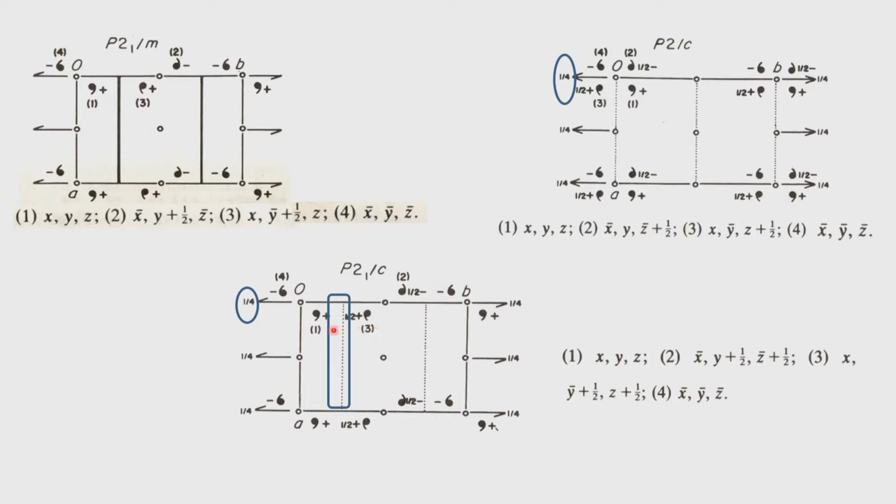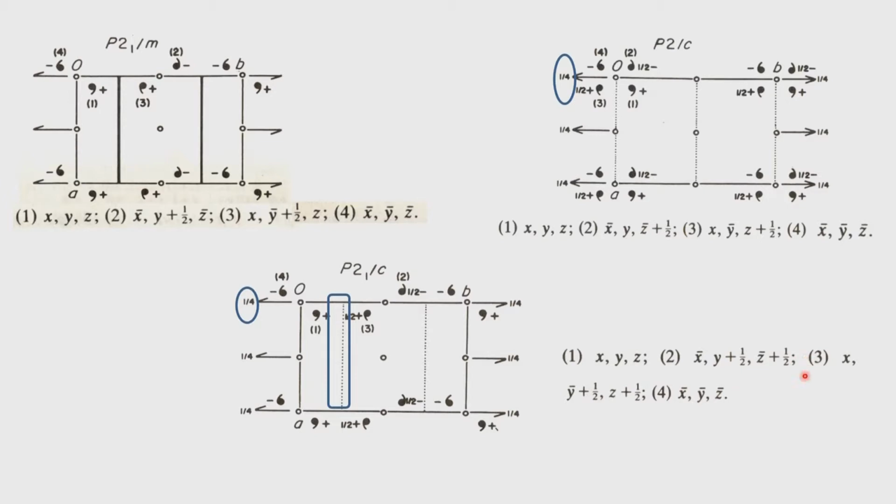The point 1 generating the point 3 now will have a mirror half translation. So if that was to be at origin, it would have been what? It would have been x, half plus y bar and z. Now you notice that you have moved it by 1/4 along this direction, and therefore you have to add another 1/4 to the z value. So you have therefore x, y bar plus half, and z plus half is the C glide operation. So x and half plus z is the C glide operation. The y bar operation now gets added on a half. So therefore we have x, y bar plus half and z plus half.